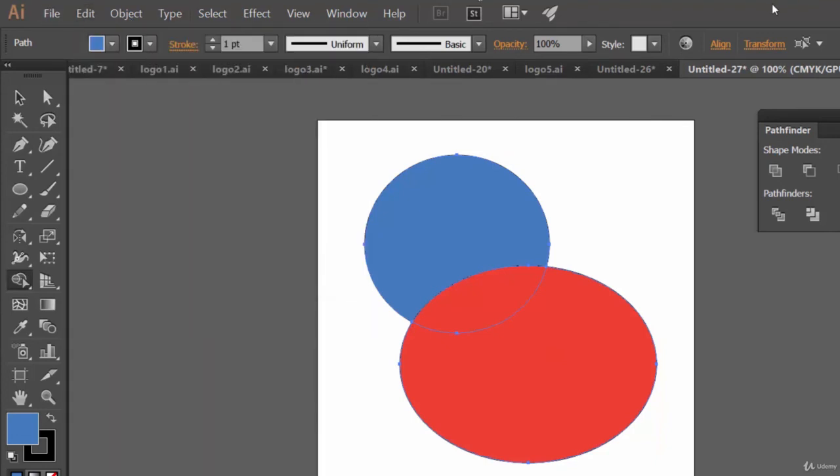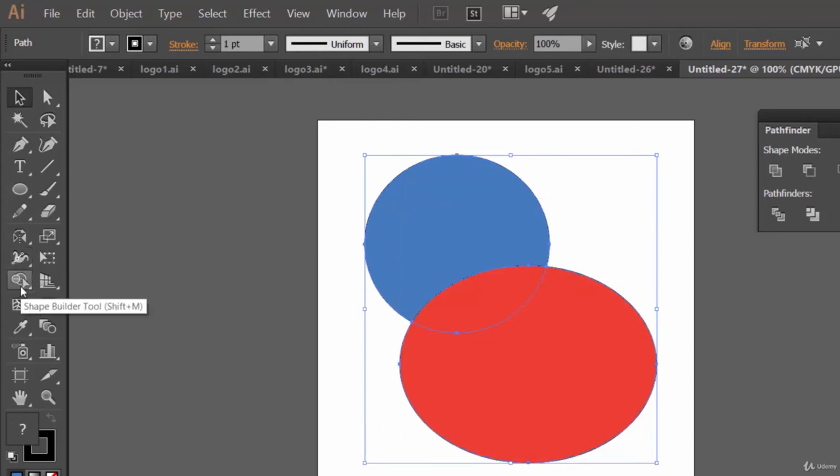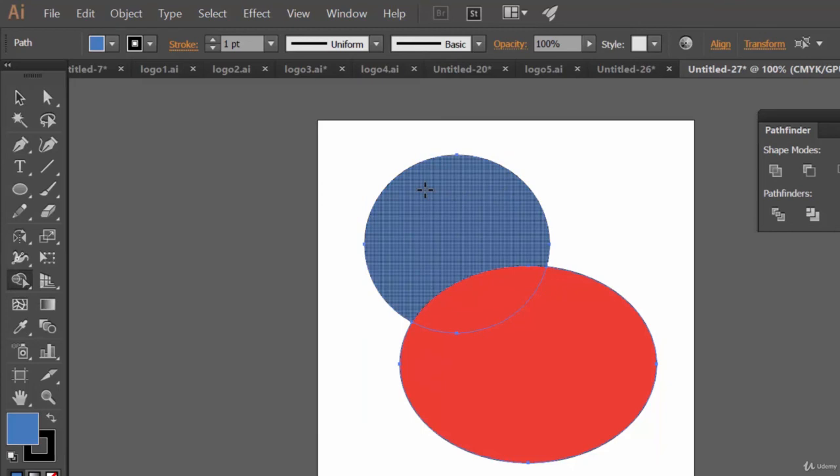And yep, now how you can combine shapes. So this was about dividing, right? Now how you can combine shapes using the Shape Builder tool. You need to select the objects first, then you need to select the Shape Builder tool, and you need to click at a point and start dragging. See, now these two are merged. Select this one and this one. I mean, you need to click at a point, start dragging, and you need to move that.